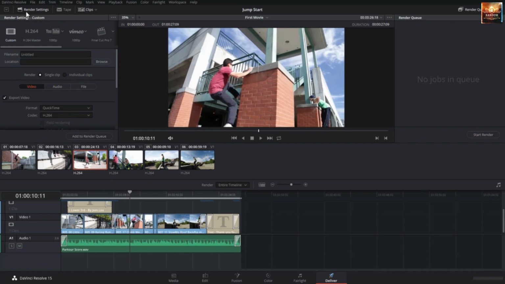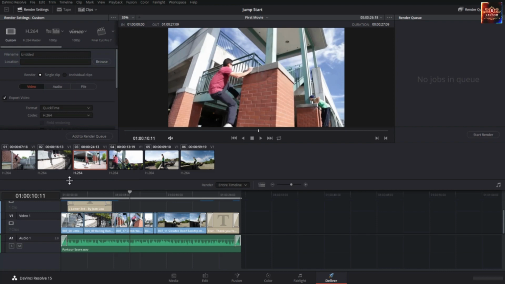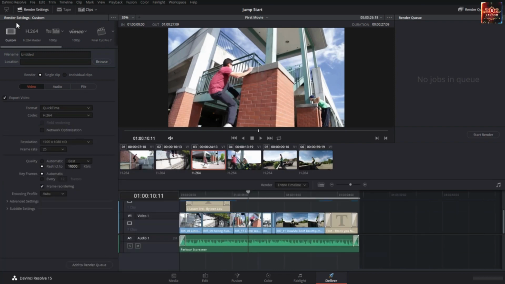Or if you come to the tabs over here, you can say, okay, I don't want to see them. I want to see the timeline. The most important here is the settings. Since you want to work on the settings, it will be interesting just to expand it here. You have here the custom settings. You have the H.264 master, you have YouTube, you have Vimeo, and you can export it to Final Cut Pro